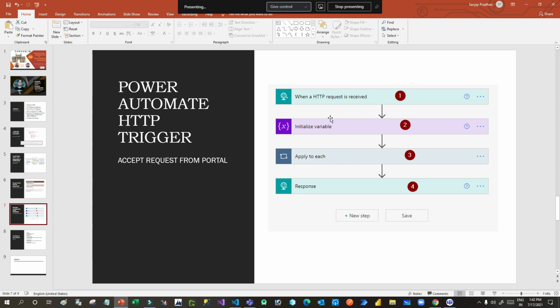Here we can add some variables to capture the request items. Here you can apply for-each loops if you have multiple row items present in that JSON object. Then you can use the Response action step, which is a part of the Request connector only, to respond to the third-party application who called or who triggered this flow. Okay, I will show you the demo, but this is the fact.